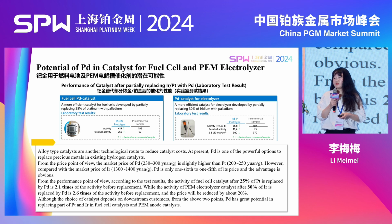However, if we replace the platinum with palladium, it's not easy to do in China. Even if we rely on the leading companies in China, it still takes time, because the fuel cell catalyst takes a long cycle, with different small batches and transportation. So basically it takes 2.5 years to do the test. That's why a lot of companies in the industry are not very strong in their willingness